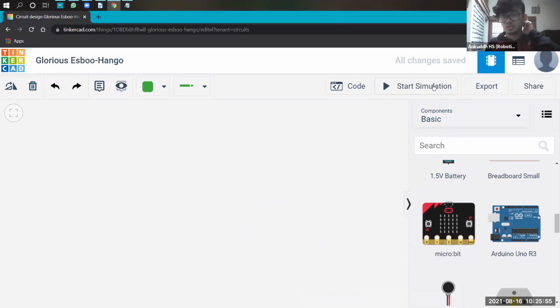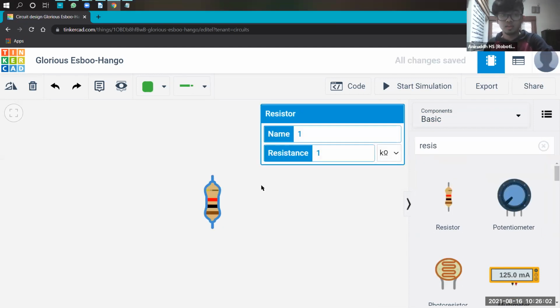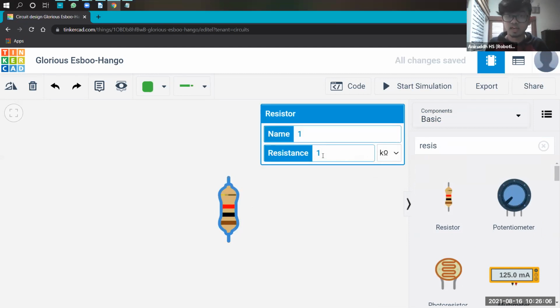So now what I wanted to show you is, I'll just get a resistor and show it to you. So this is a resistor, right? And its values can be changed right here. Right here it says 1 kilo ohm. It's like 1 kilogram. So it is 1000 ohms. 1 kilogram is 1000 grams, right? So 1 kilo ohm is 1000 ohms. It's written kilo ohm here. So let's go and make it normal ohms. Can you notice something?